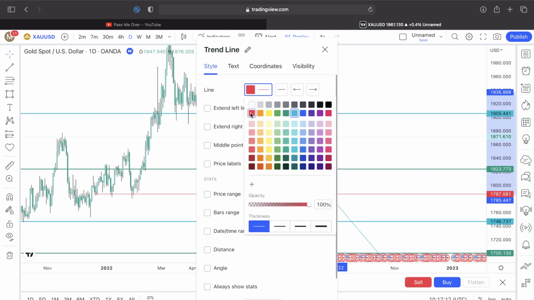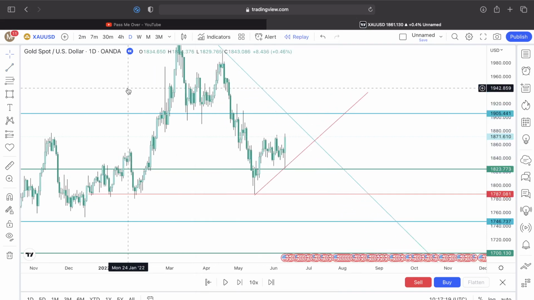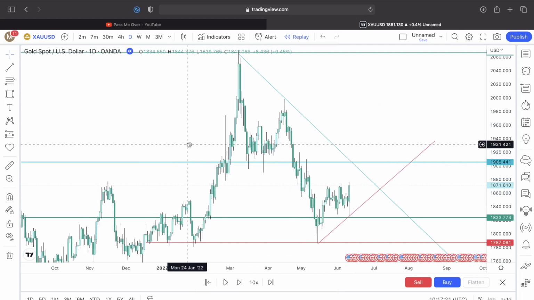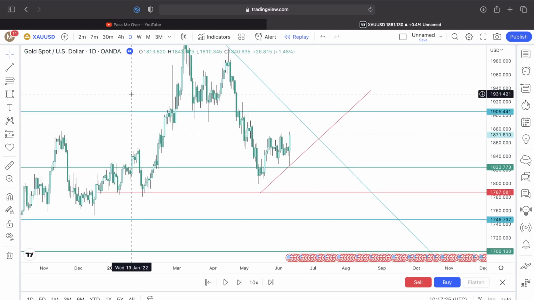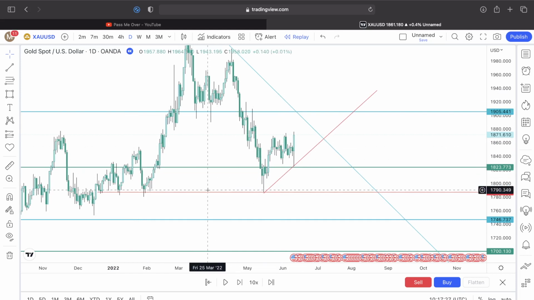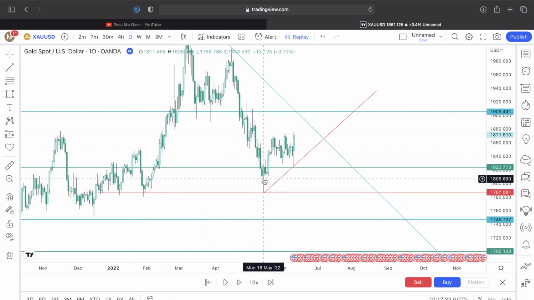Okay, it's red. So it's advised that we not do so many lines and so many candles, but it just helps, right? It helps a lot, and that's just how I trade. It's just good for my eyes to understand what I'm doing. So basically, we can see